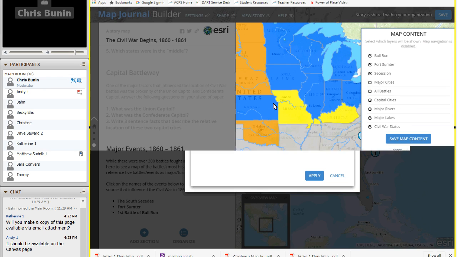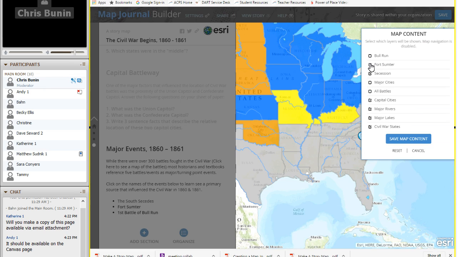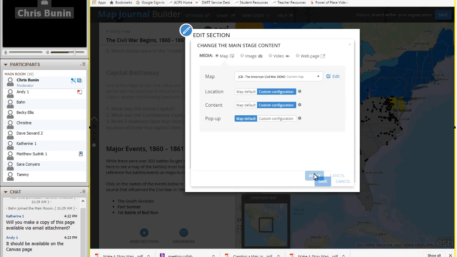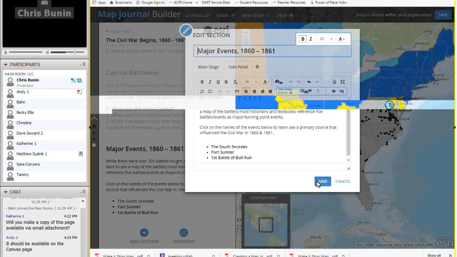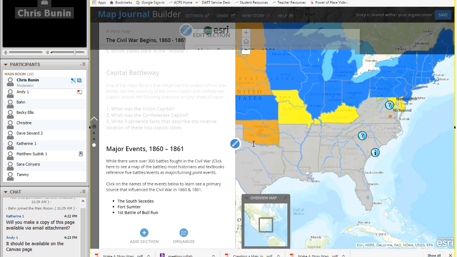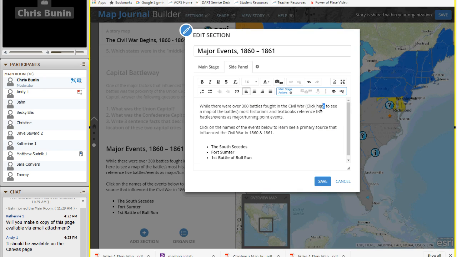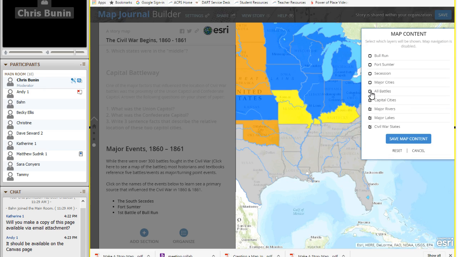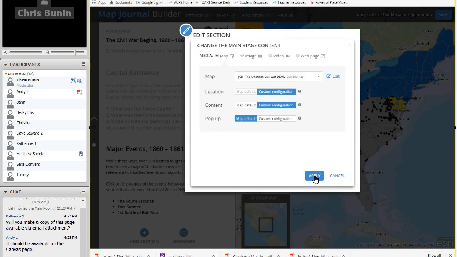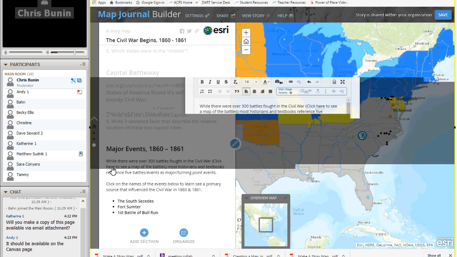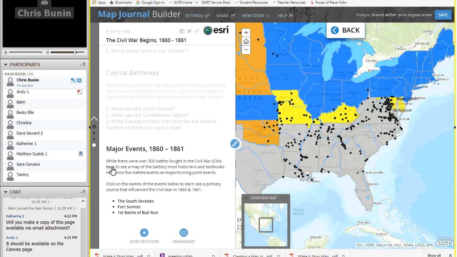So if I choose to configure the content, notice as Andy demonstrated, I can turn off features, then say I want them to be able to see all the battles. And then I choose Save Map Content, and once I choose Apply, and if I save it, well, let's try that again. That should have worked. Let's see. We'll highlight, click here. And so now when I click on the word here, notice it turned off my map notes and it turned